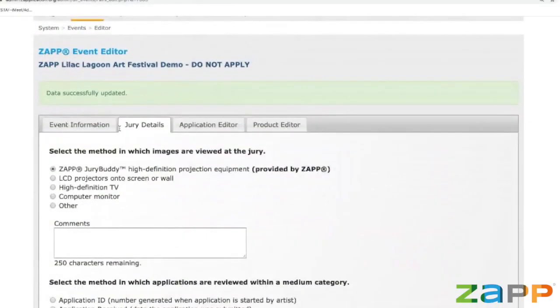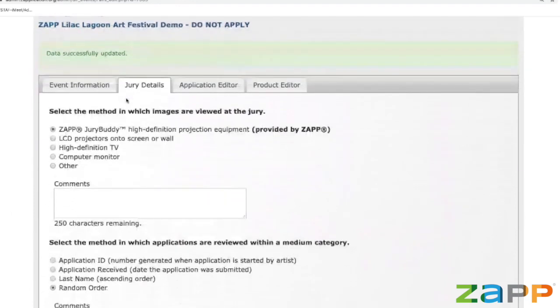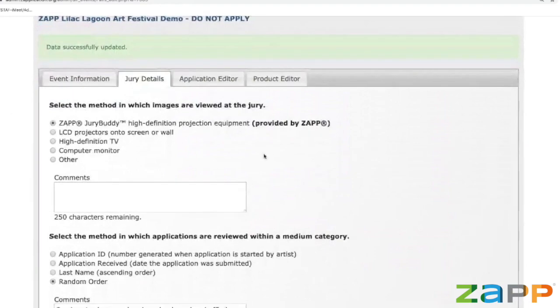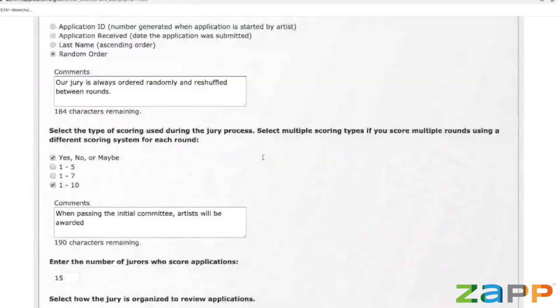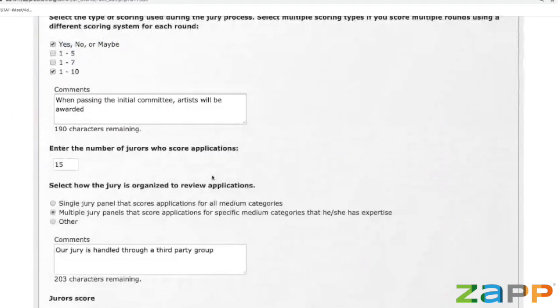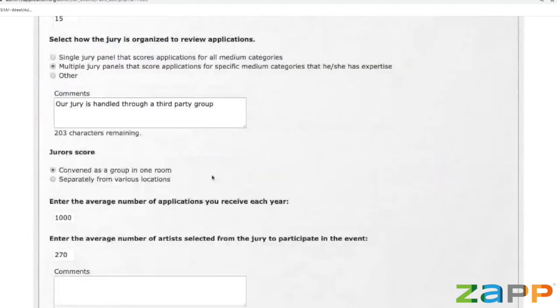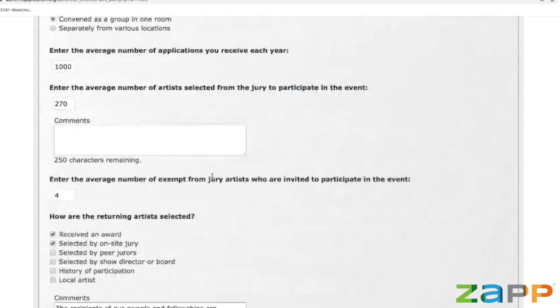So a lot of shows gloss over this, but again, from our feedback from artists, this is an important section. A lot of them click on that link, and when they don't see anything, they get concerned. They just want to know some more information. So you have the ability to choose any method of way you're jurying, how applications are sorted, how many jurors you have, what your jury panel is like, how they score, how many artists are selected,